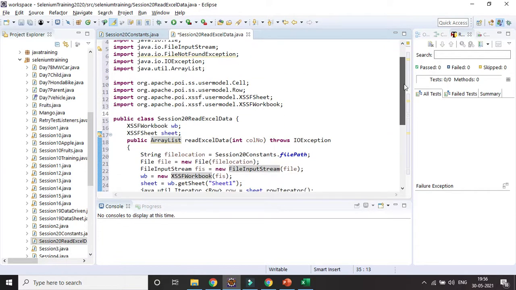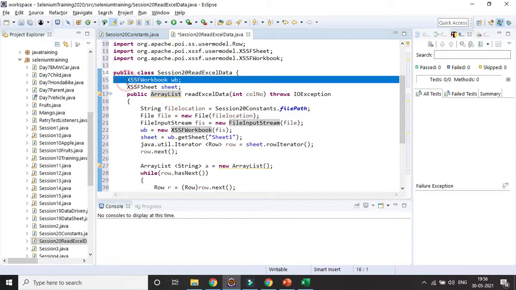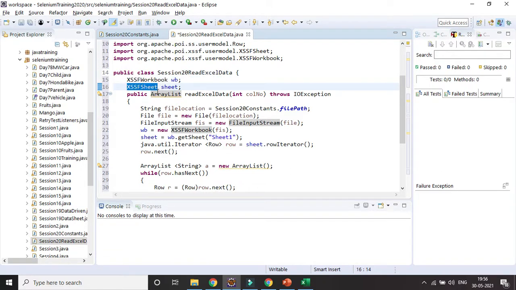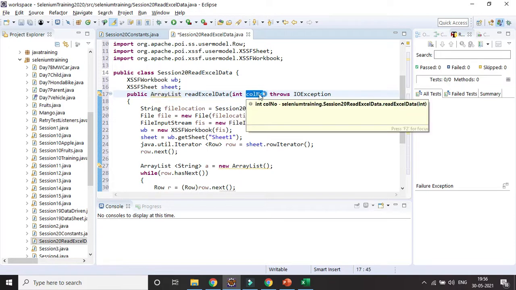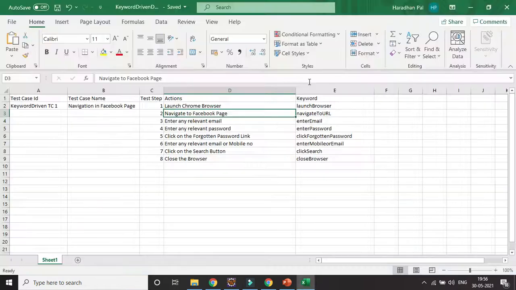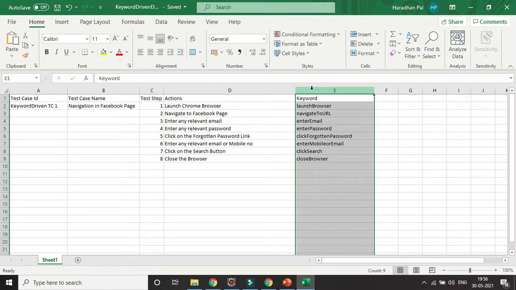Okay, so I am creating two global variables for workbook and sheet. I am creating an array list where I am providing the column number, which column I want to read. But to read the column, first I need to go to the file path.